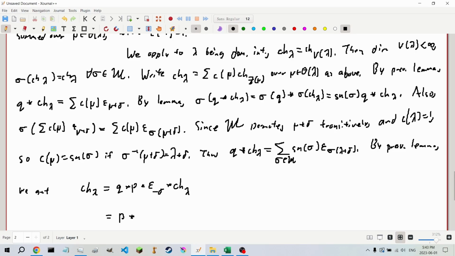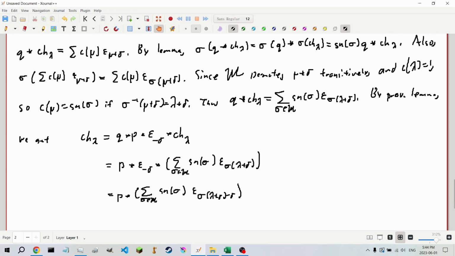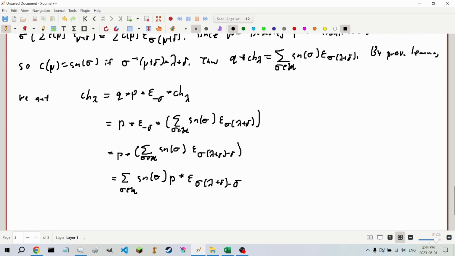which is p convoluted with e of negative delta convoluted with the sum over the Weyl group of the sign of our sigma times e of sigma of lambda plus delta, is equal to p convoluted with the sum over sigma in the Weyl group of the sign of sigma times e of sigma of lambda plus delta minus delta, which is the sum over sigma in the Weyl group of the sign of sigma times p convoluted with e of sigma of lambda plus delta minus delta. And this proves our theorem,